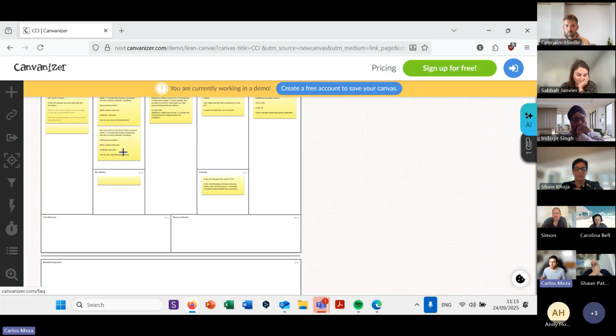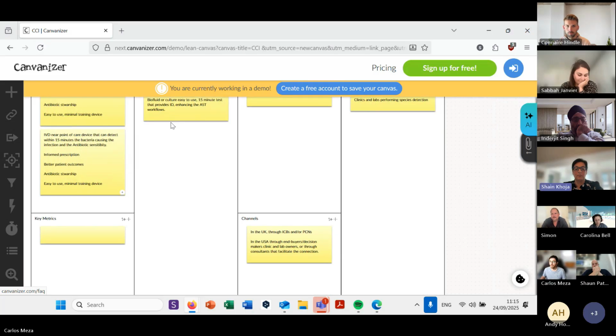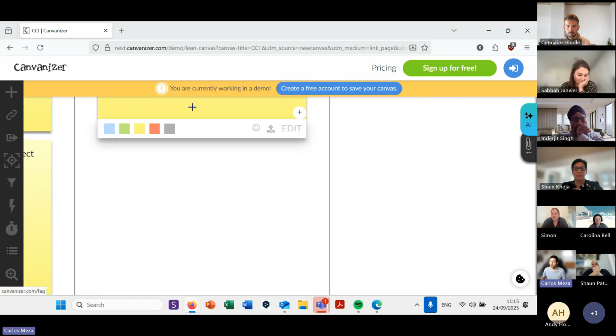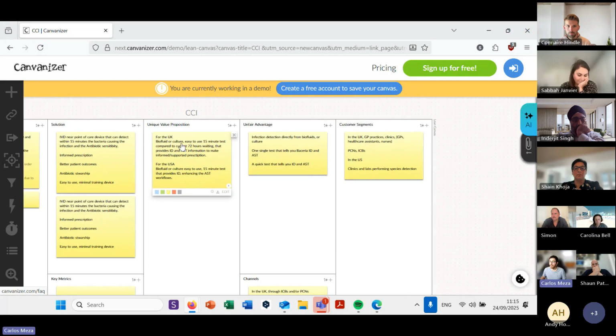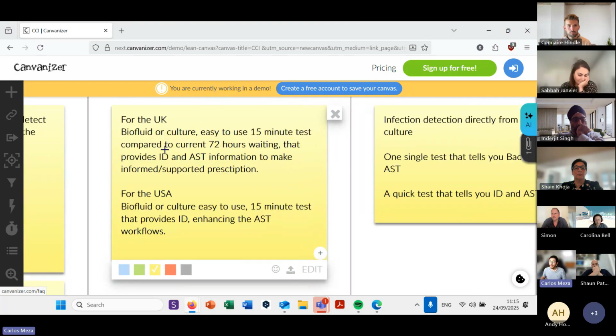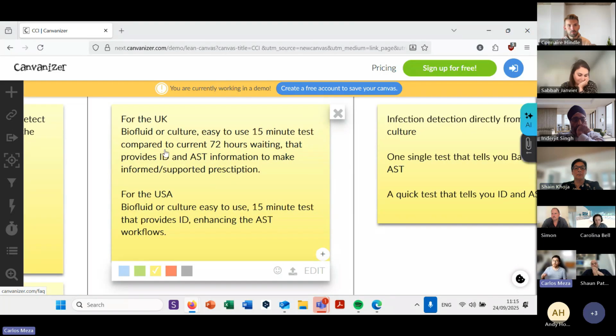And we come to the value proposition, which probably you already read: a biofluid or culture, easy to use 15-minute test, compared to the current 72 hours waiting, that provides ID and AST information to make an informed, supported prescription. And for the USA, it will be a biofluid or culture, easy to use 15-minute test that provides ID detection of species, enhancing the